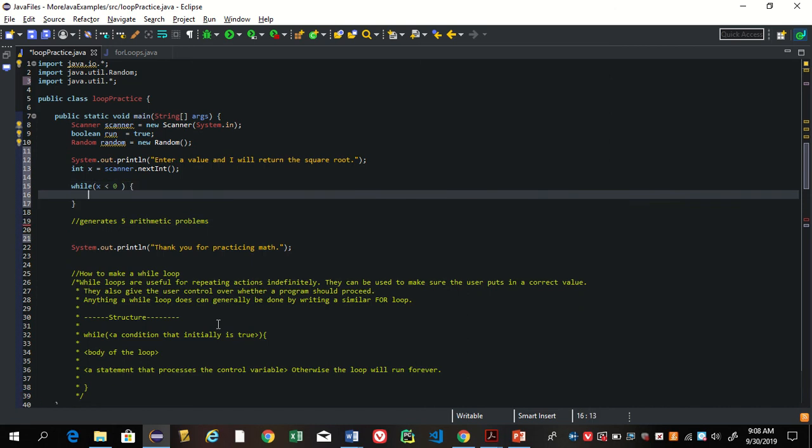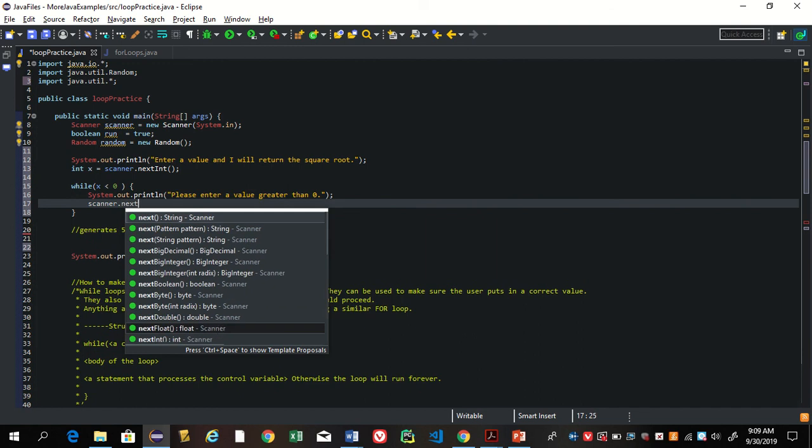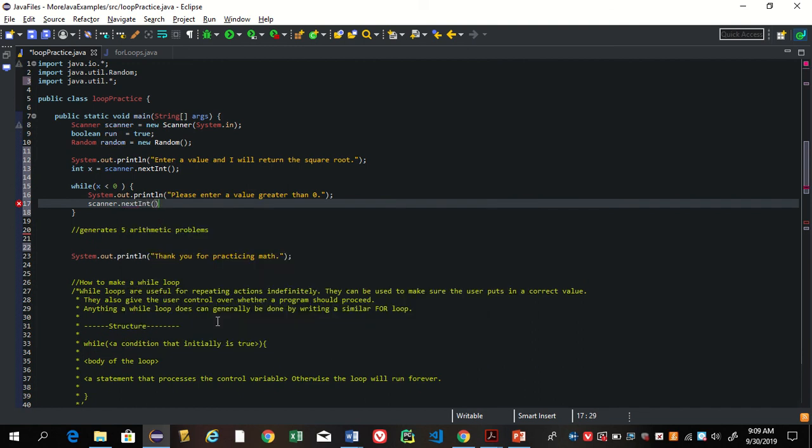You can just prompt the user to put in a positive value. So we're gonna do this, and we're gonna put please enter a value greater than 0. And then we're gonna do scanner dot next int, and